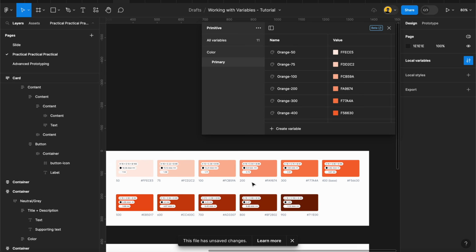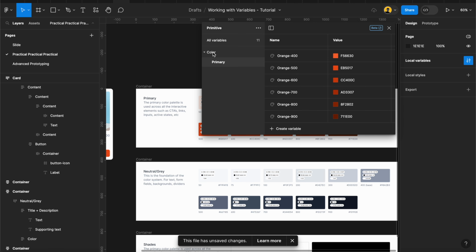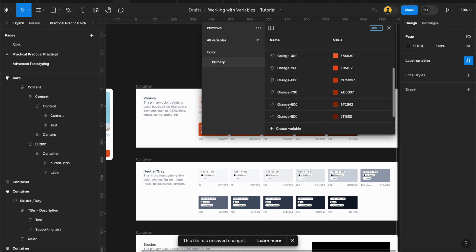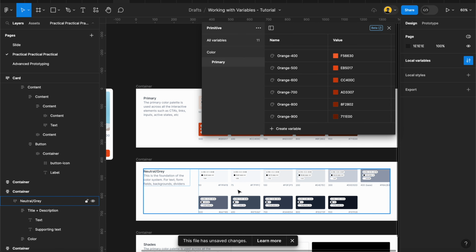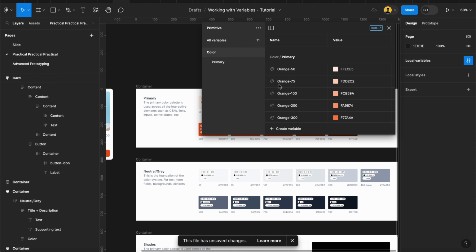So now the next thing I want to do is also create my grayscale variables. So I'm just going to click on this color. Please don't make the mistake of creating under this color. If I click on this primary and I click on create color, you can see that it's going to add up to my primary. No, I want to create this grayscale as a group on its own. So what I'm going to do is just click on this color and click on create variable